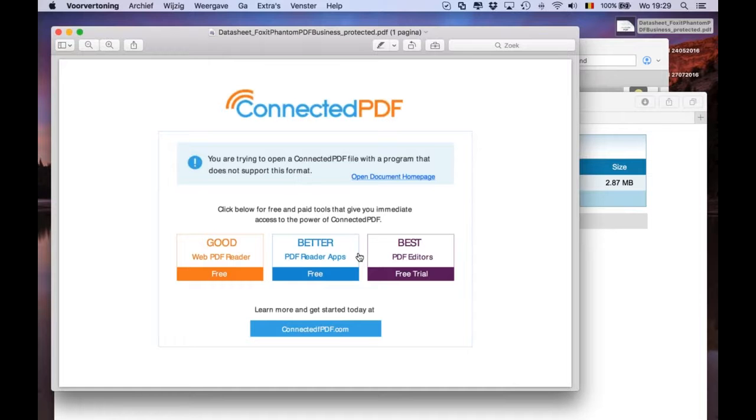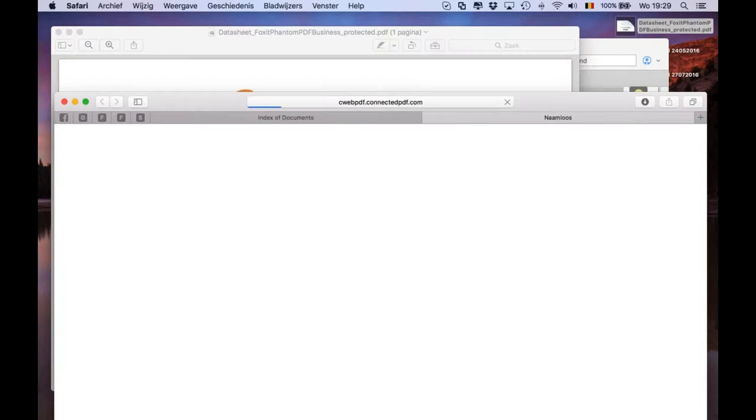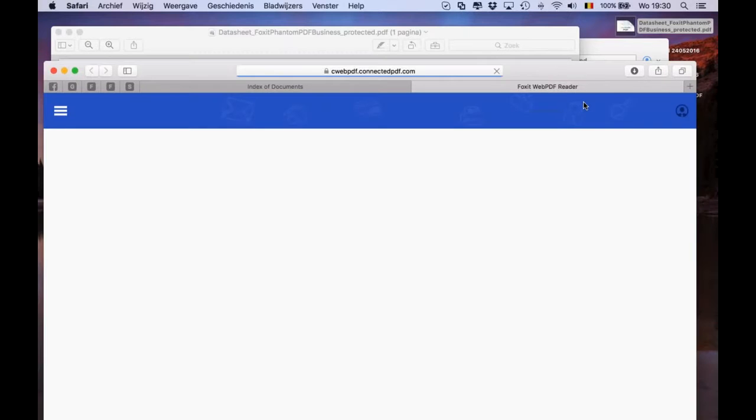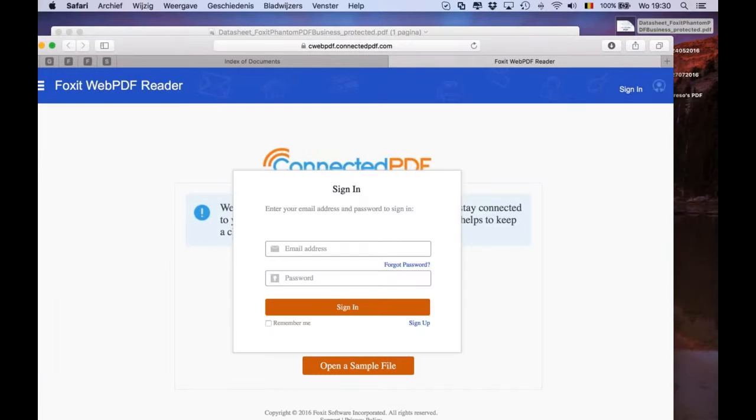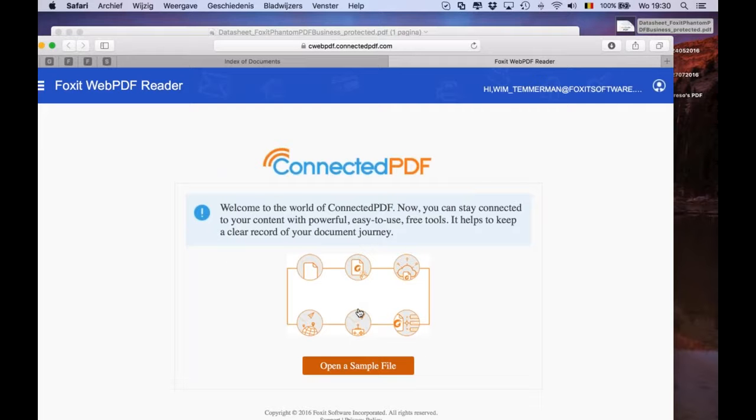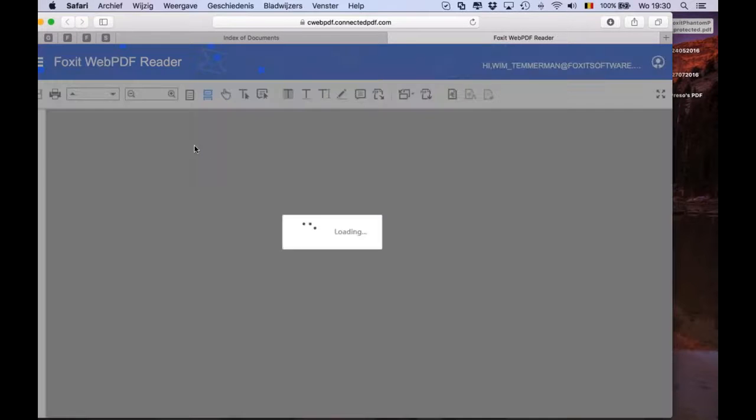Well, as mentioned before, you obviously would need a ConnectedPDF application. Today, Phantom PDF, Foxit Reader for Windows and Mac, as well as our iOS and Android applications support that. But if you don't have it, they're free, so the PDF readers are free, you can always use our PDF readers to view a particular document. The only thing you would need is obviously a ConnectedPDF account, which you would make online,